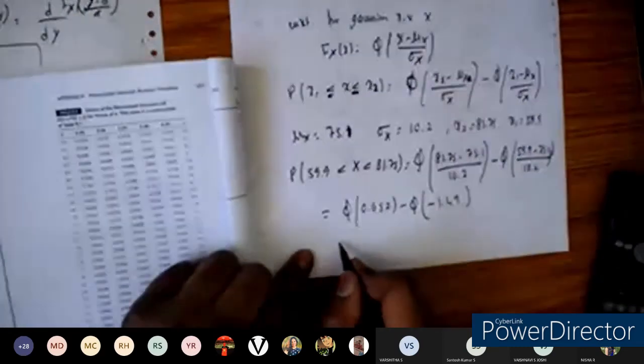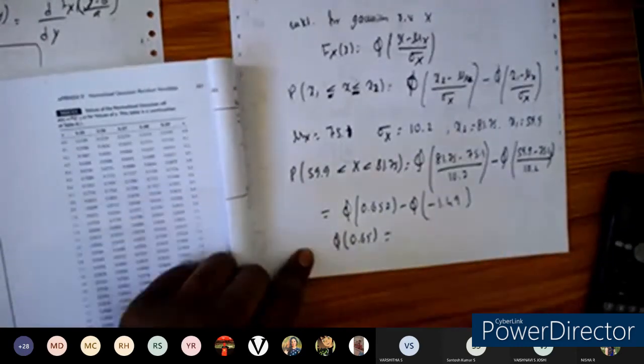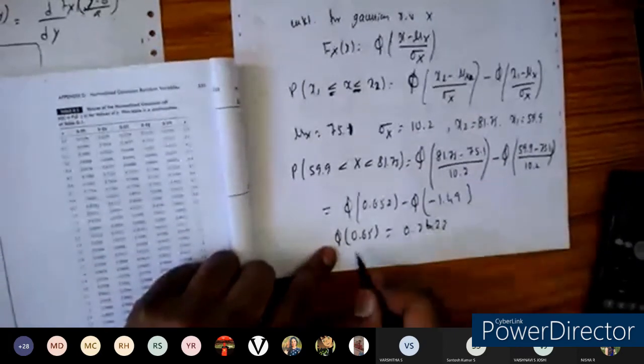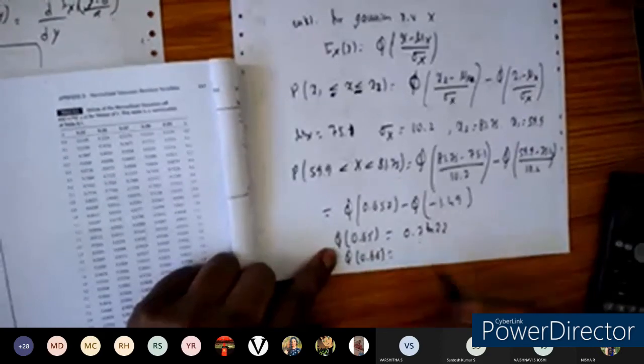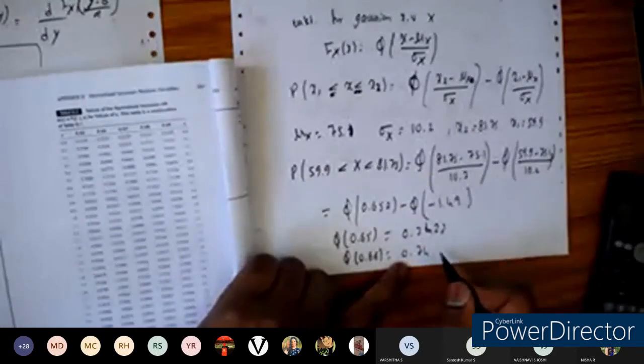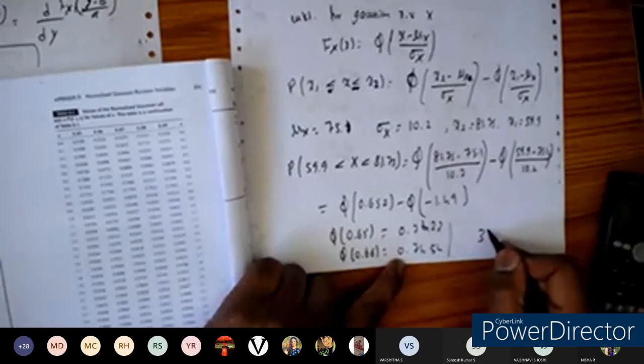So what we can do is, here you can see 0.7 for the value in the second table. So 0.6 at 0.05 is 0.7422 here. I'm going to write the value here. So the value of 0.065 is 0.7422, and the next value we have is 0.066, which is 0.7454 here. If you see the difference between these two, it is 32 points.